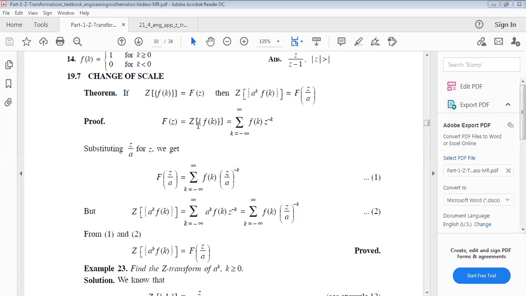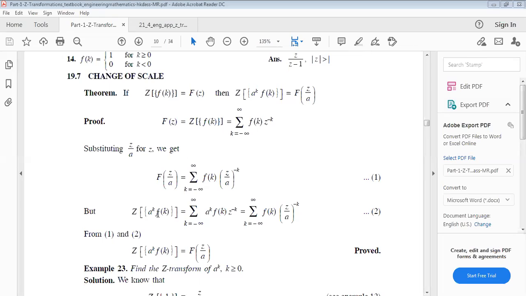Now we are given F of z equals the Z transformation of f of k. This can be written as the sum from minus infinity to plus infinity, by the definition of Z transformation, of f of k z to the power minus k. We have discussed it in the previous lecture. Now substituting z by z by a, we get the Z transformation of F at z by a, which equals the sum from minus infinity to plus infinity of f of k, and in place of z in the definition we use z by a only. So this will be